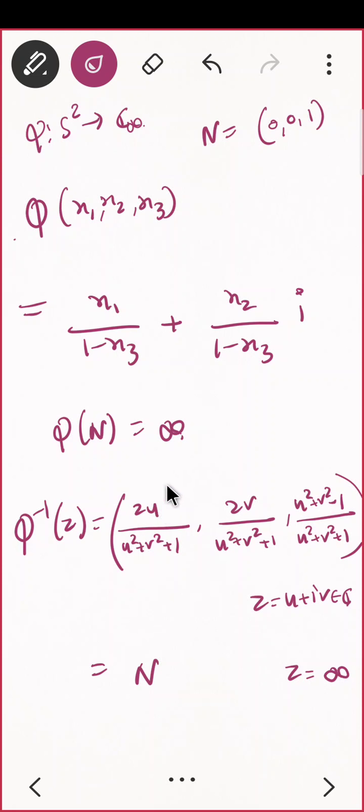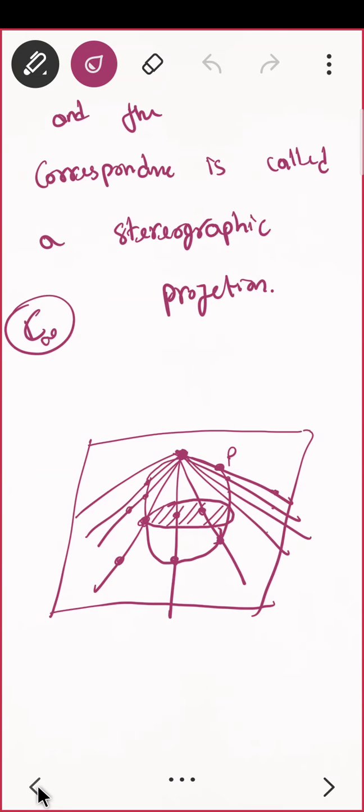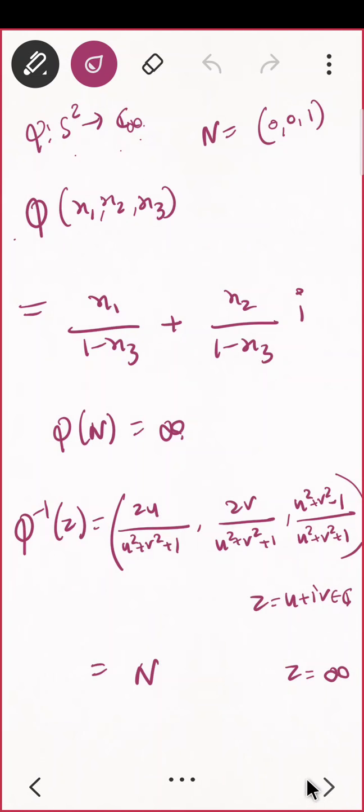So what is the use of stereographic projection? You can say you are able to give a mapping of the sphere to a complex plane. So if somebody asks you what is the extended complex plane, then this is what you have to explain. So this north pole is mapped to infinity. I'm able to map this sphere to the complex plane, and this north pole will go to infinity. And this is the mapping. If you can remember this, that is well and good.